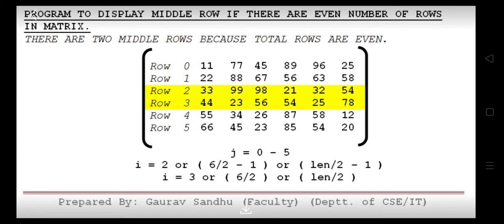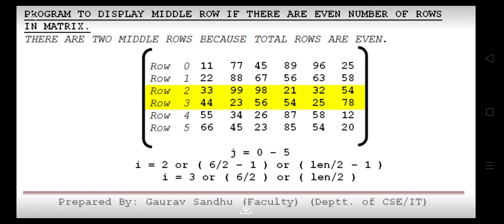Now, in order to display the middle row, as there are an even number of rows in the matrix, this means that there will be 2 middle rows in the matrix.